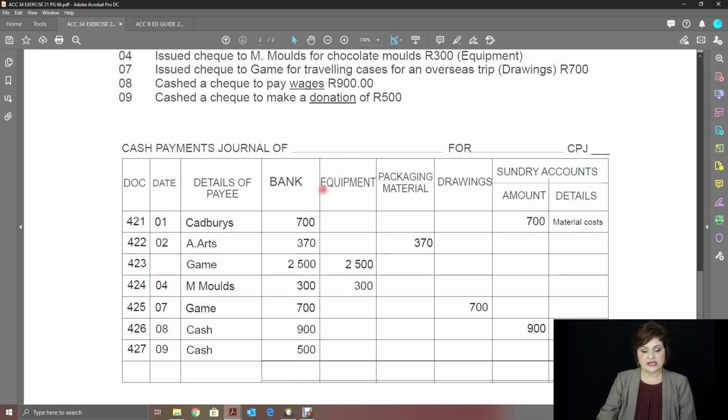Do we have a donation account up here? No, we don't. So under sundry, we fill in donation for the amount of 500 Rand. Okay, now don't forget to write who the cash payment journal is. So it's C Cindy, sorry, caps lock, C Cindy, my apologies, Cindy,